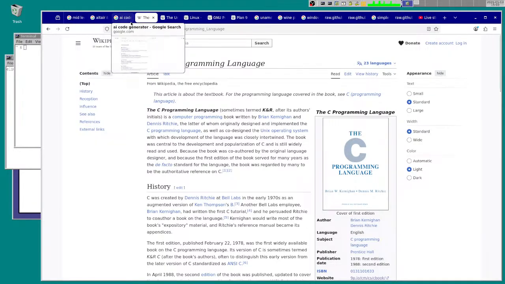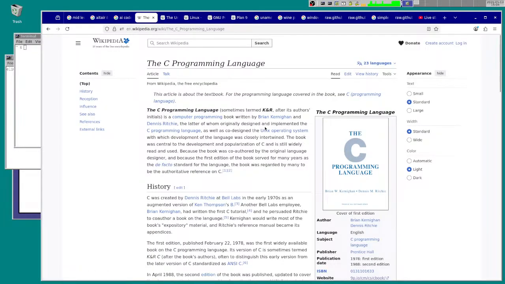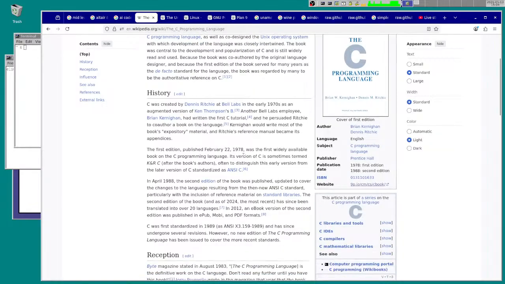It's the definitive example. Somehow we go through these different phases through computer history, and the C programming language has stood the test of time. It still does today.